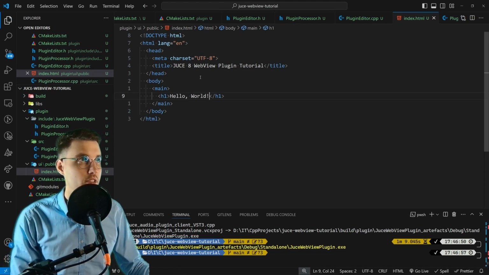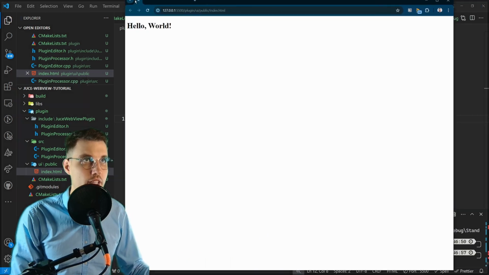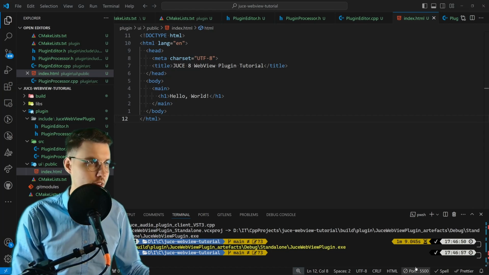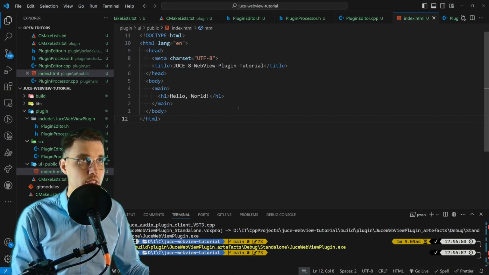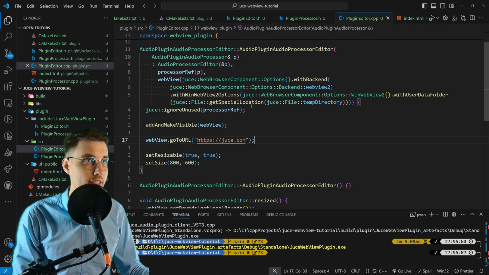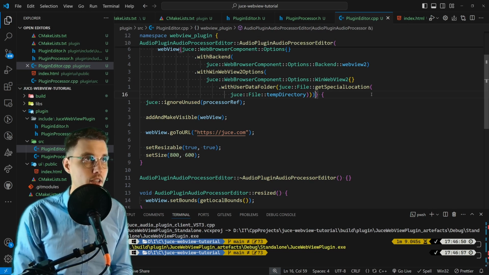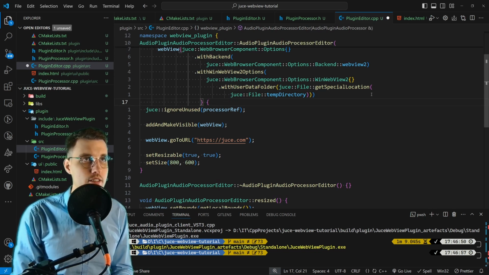So we can actually open this here locally. Okay, and indeed we got our hello world in our HTML file here. So it's nothing fancy. I can close this down. But how to serve it from JUCE, right? So let's go to plugin editor, and the magic option here, the magical option, let me maybe format this. Okay, is to say